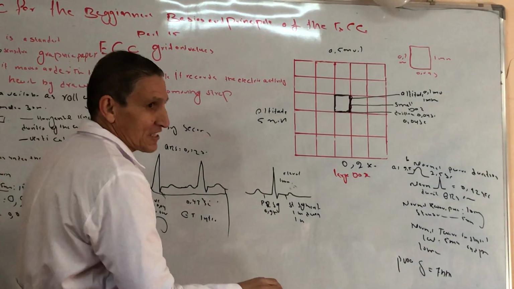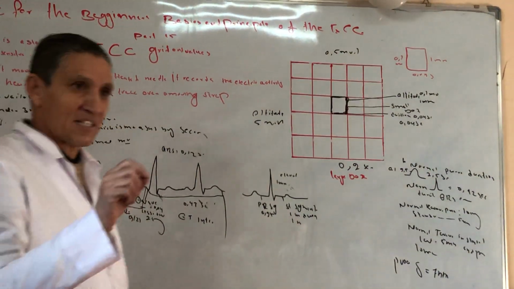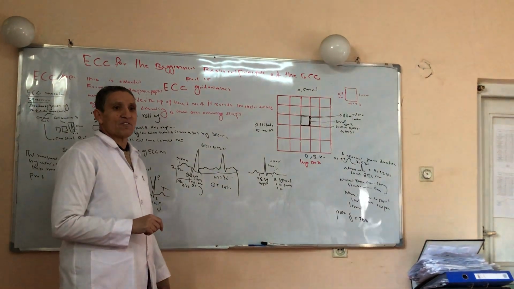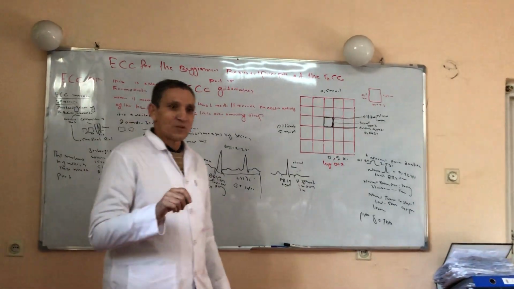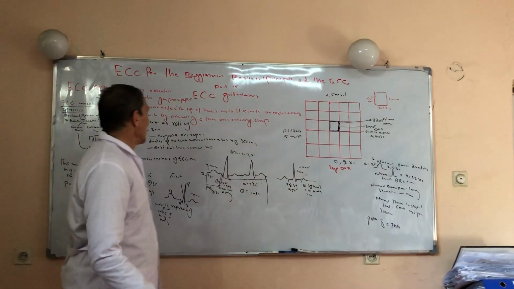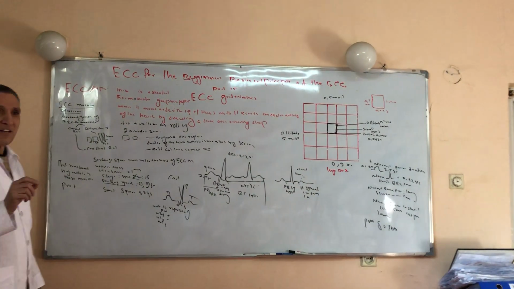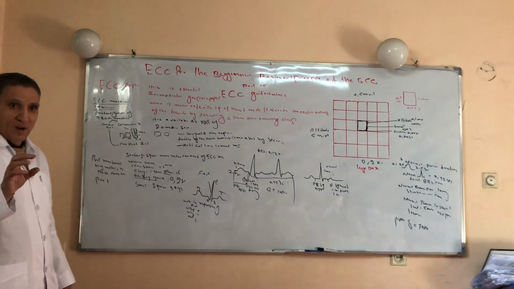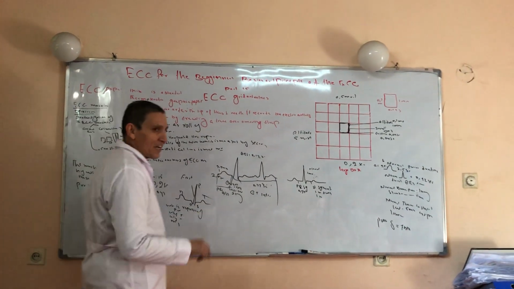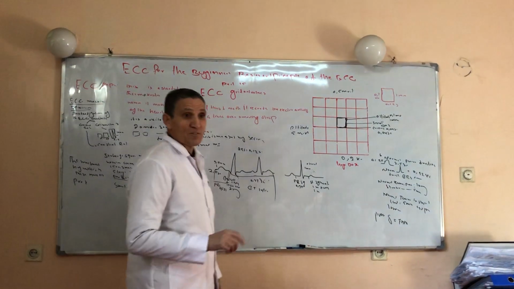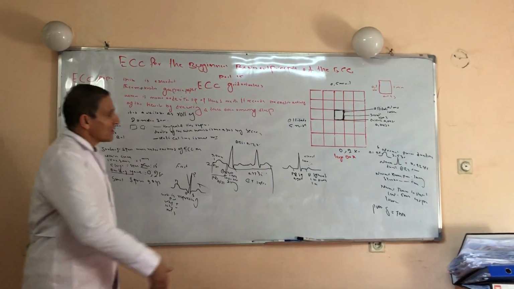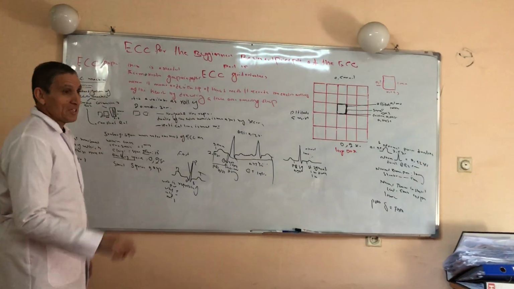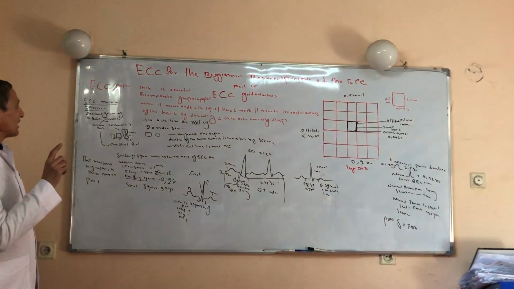So the ECG paper is a standard thermosensitive paper. When it moves under the tip of a heated needle, this heated needle records the electrical activity of the heart over the moving ECG paper. The ECG paper is made of large squares as well as small squares. One large square includes 5 small squares. The horizontal line represents the duration of the wave, which is measured in seconds, and the vertical line represents the altitude, which is measured in millivolts. This was about the ECG paper.